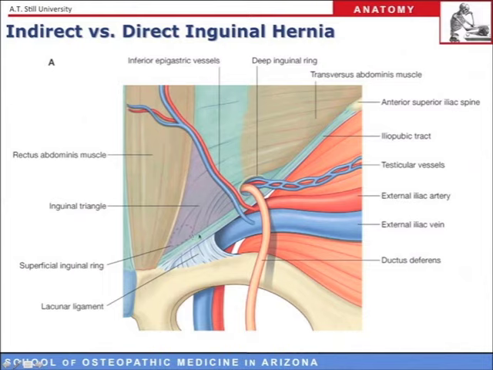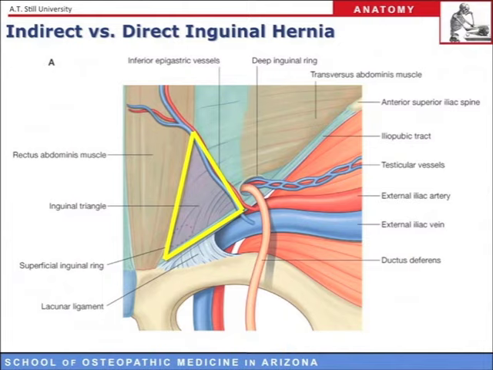Now from this view, we can see another weak spot in the anterior abdominal wall, and that is the inguinal triangle, shown right here. So the inguinal triangle is also known by the eponym of Hesselbach's triangle. And in anatomy, if we have a triangle, then we're also going to have boundaries. And here they are. So the medial boundary of Hesselbach's triangle is the rectus abdominis muscle. And the lateral border of this inguinal triangle is the inferior epigastric vessels. And then the final, the inferior border, is going to be the inguinal ligament right there.